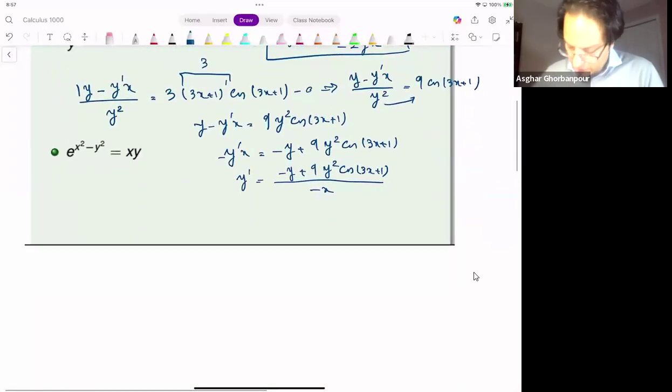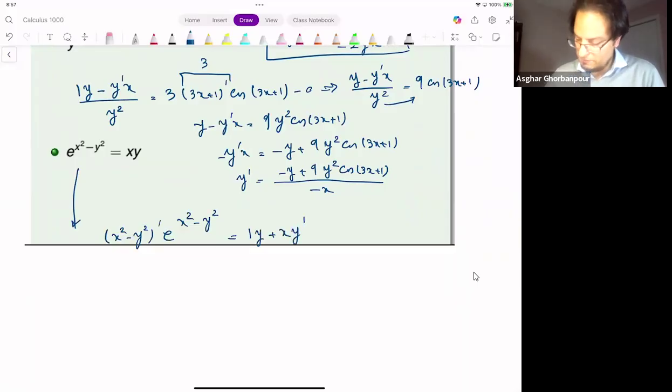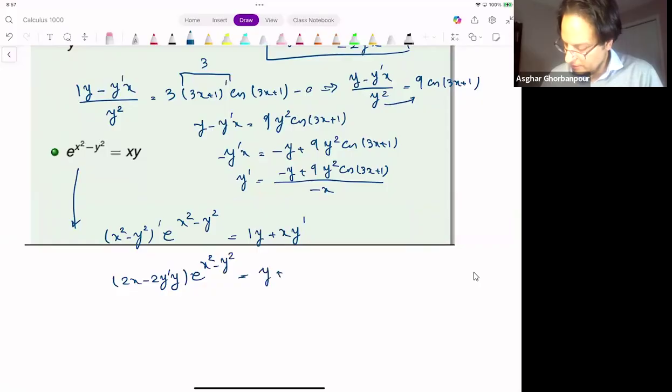This other one here, e to the power x squared minus y squared. So the derivative is the derivative of x squared minus y squared, e to the power x squared minus y squared, times the derivative of the first one times the second one plus the first one itself times the second one prime. This guy here is 2x minus 2y prime y, e to the power x squared minus y squared. It's y plus x y prime. Now we have to